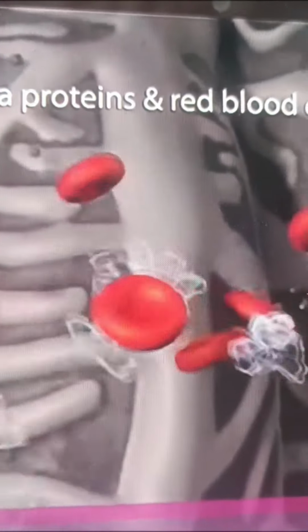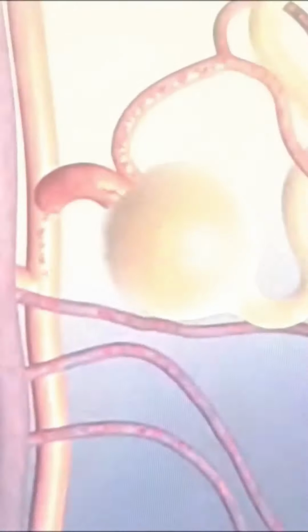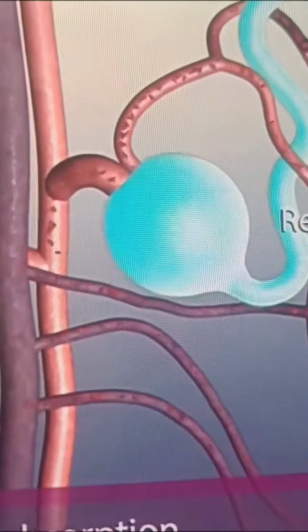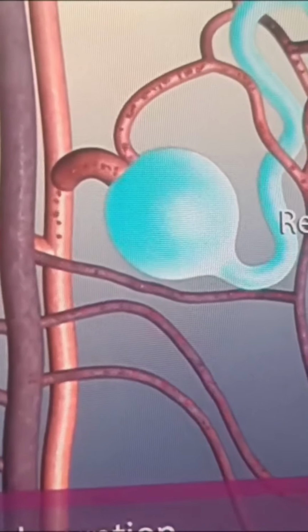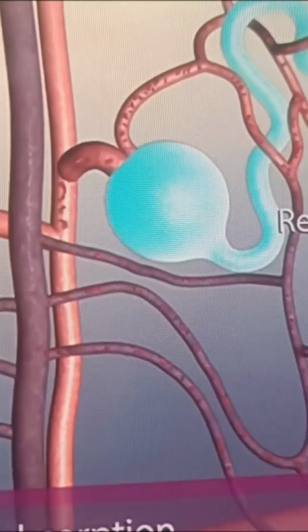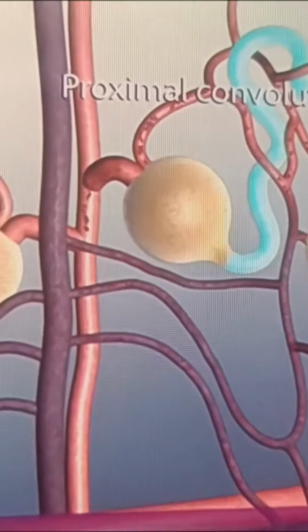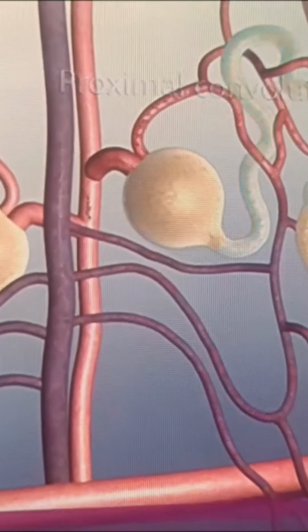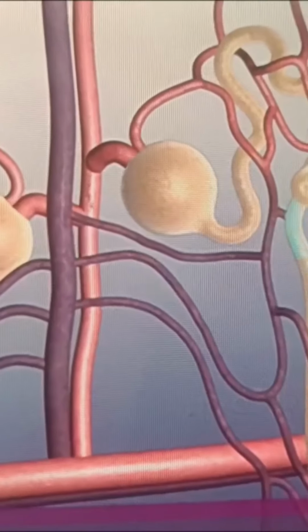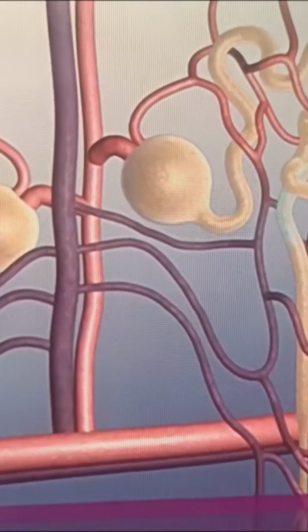So they remain in the blood during the second step of urine production, called tubular reabsorption. The fluid passes the renal tubule, which consists of the proximal convoluted tubule, loop of Henle, distal convoluted tubule, and collecting duct. As the fluid passes through the renal tubule, it reabsorbs substances into the peritubular capillaries, especially glucose,